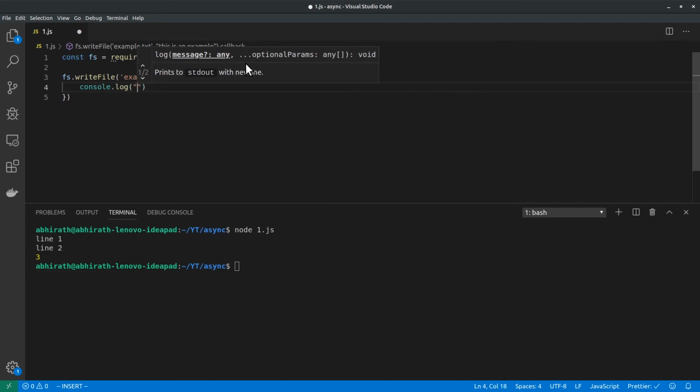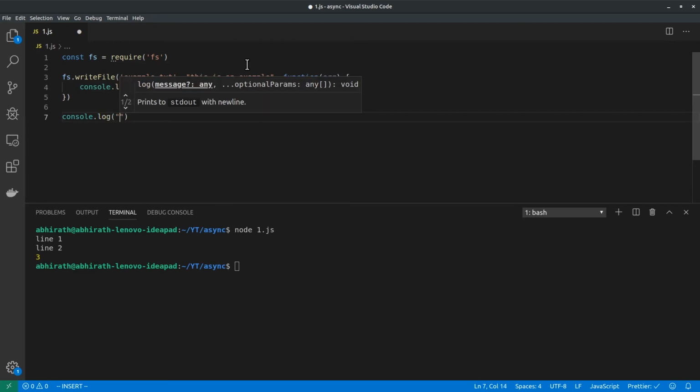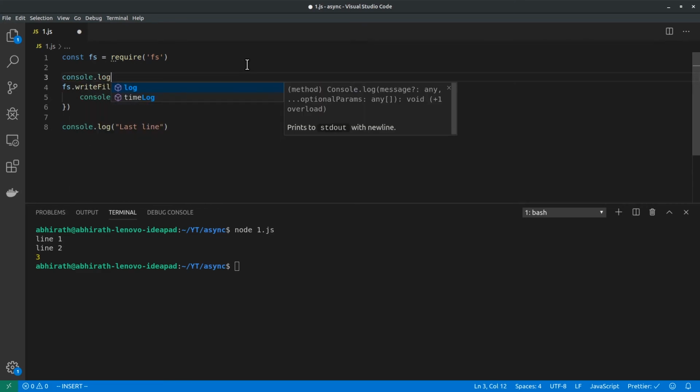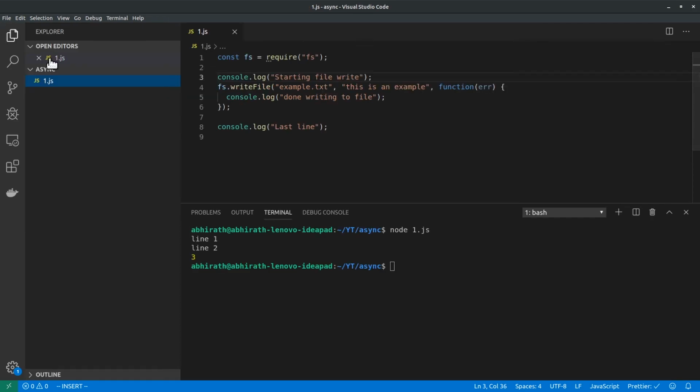Console.log done writing to file, and we have console.log last line. Let me have another console.log here, starting file write.